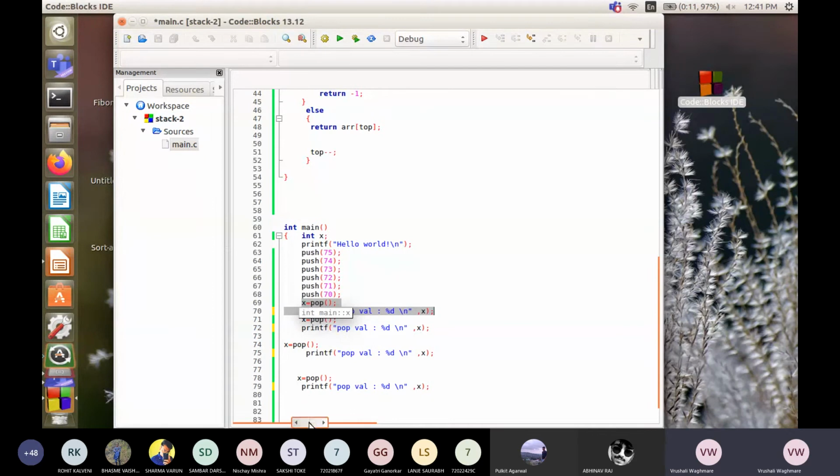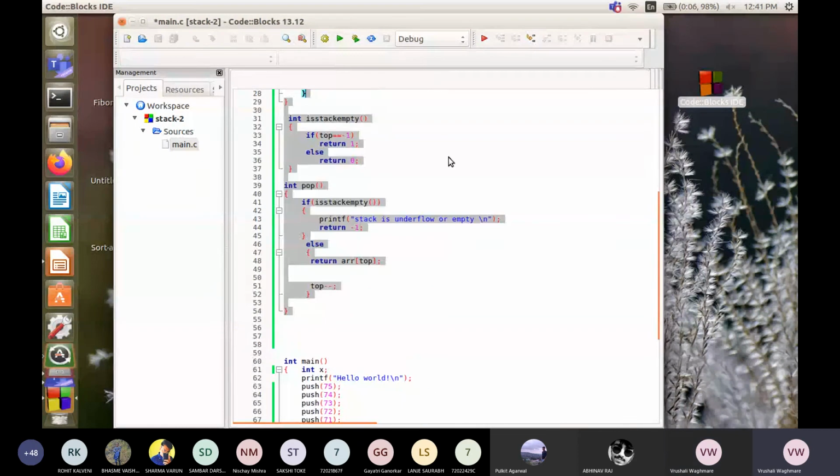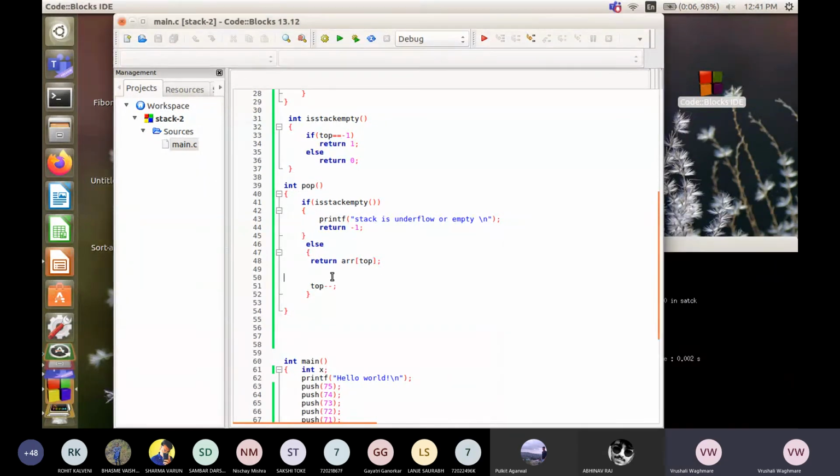1, 2, 3, 4, 5, 6. Okay. But 6 time it will return -1, तो हमें वहां पे if condition डालना पड़ेगा. Okay. So it is not decrementing the top. That is the problem.